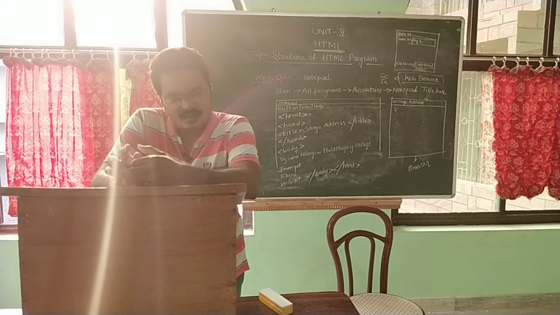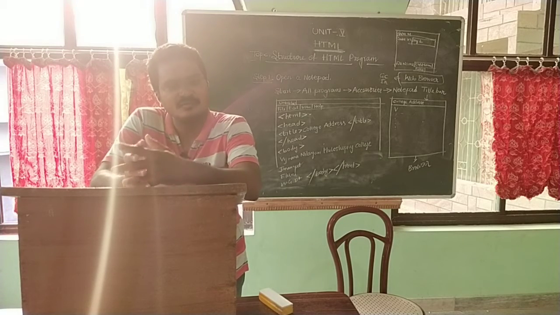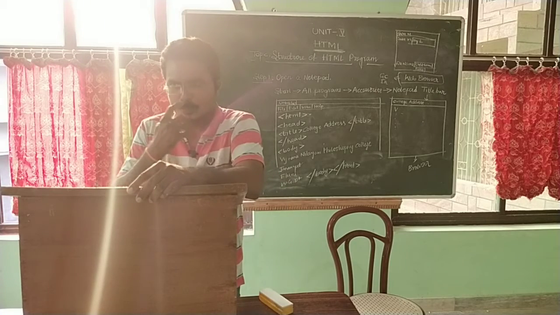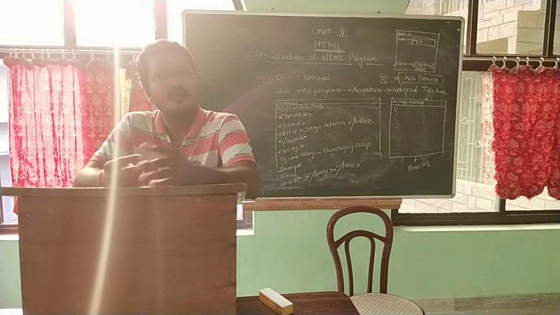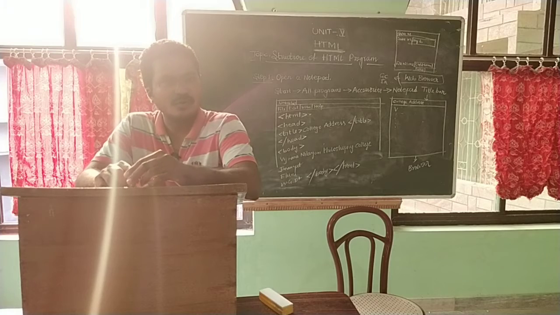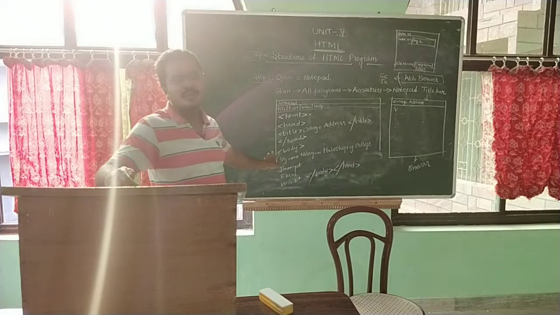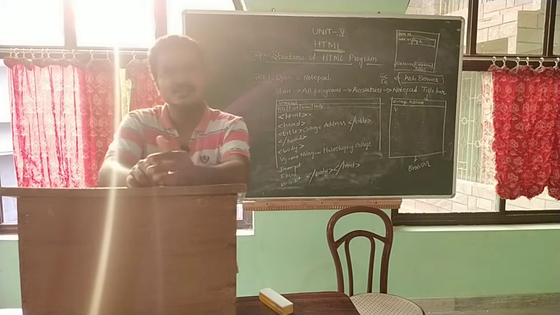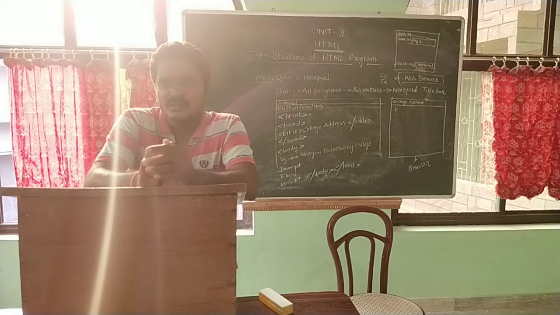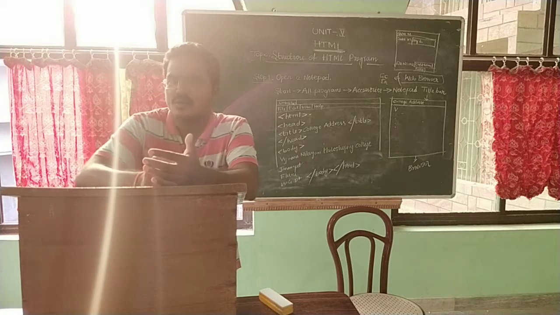Then I will show how to create this simple HTML program. First of all, open a text editor, that is Notepad. You know this is a very basic thing, how to open Notepad in a computer. It is easy. Type the HTML code in a blank document area. Code means proper instructions. The proper instruction in a programming language is called code. But in which language is the code implemented? HTML. That's why this is called HTML code.